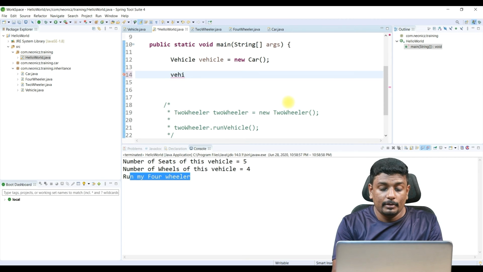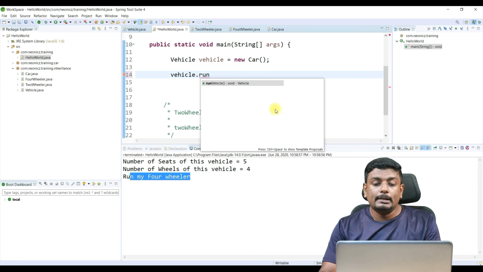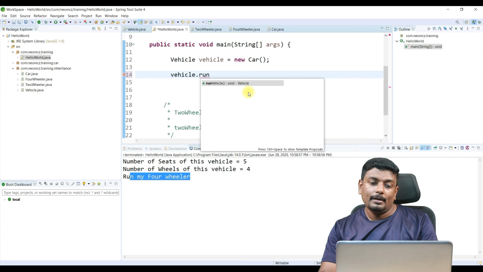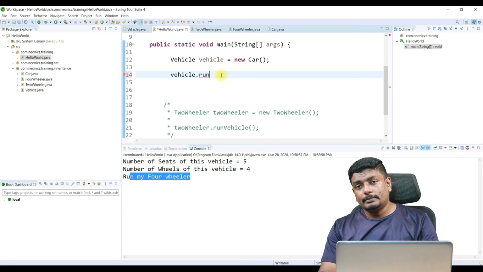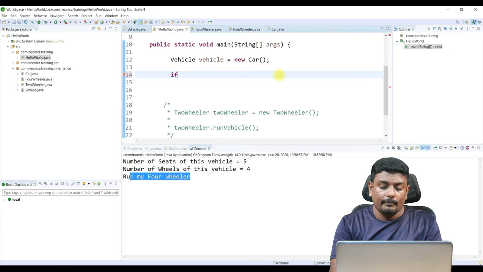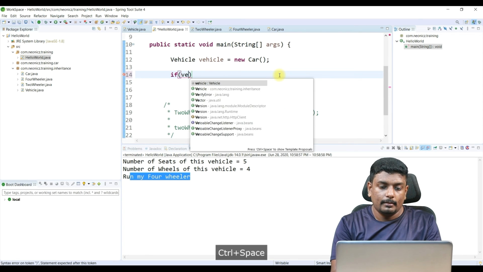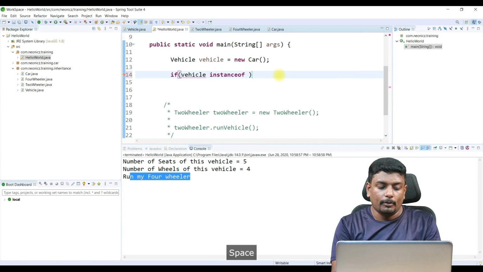So I am unable to call vehicle dot run my car because vehicle doesn't know there is a method in the car object. So what is possible for us to call this method is, let's check with an instance of